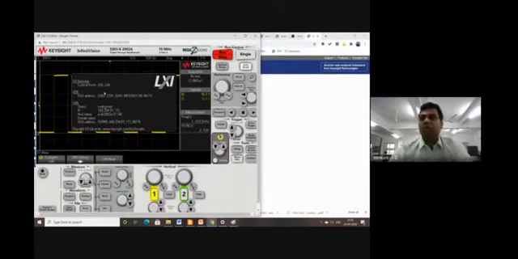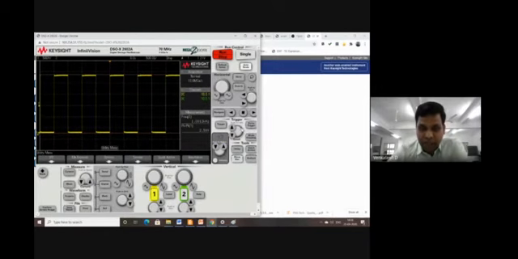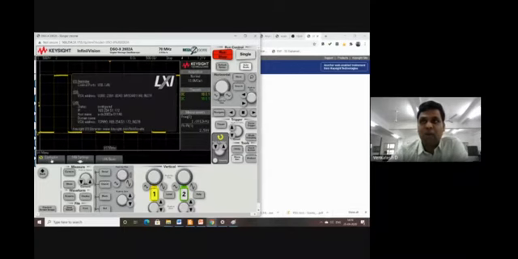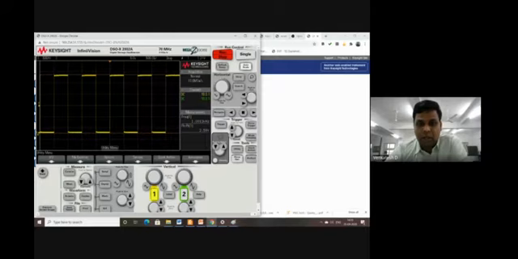So now I have pressed the utility button, right? You have a utility button here. You press the utility button, and you can select from the soft switches. We have IO here. So I am going to select the IO, and that gives me the IP address of this device, with which I can get remote control over this oscilloscope. Okay, and select the back button, and there it goes.